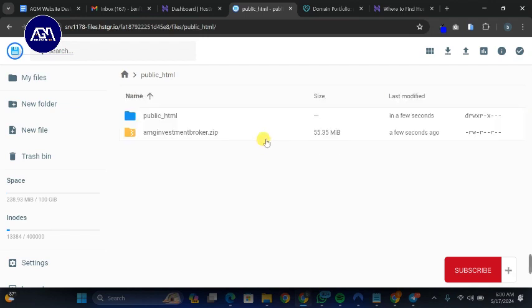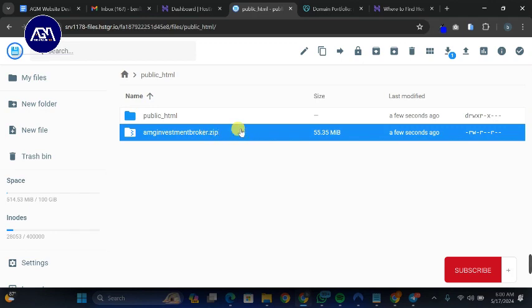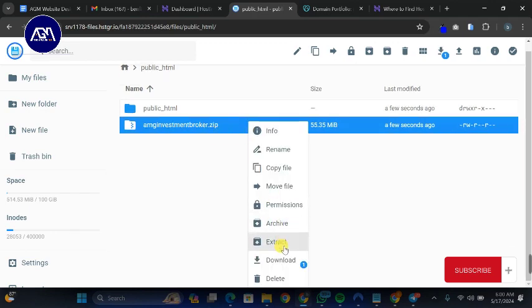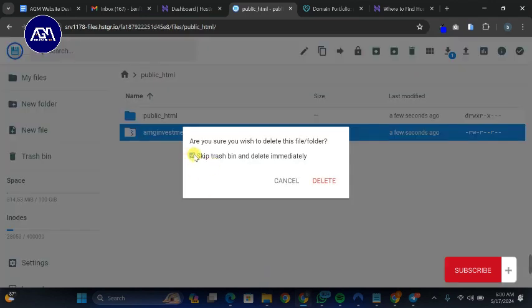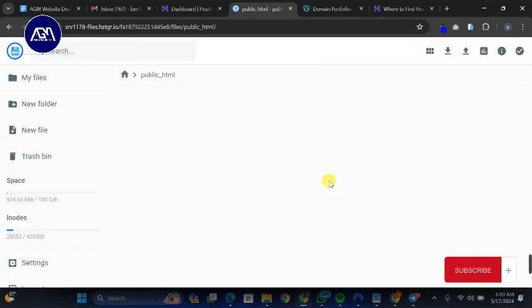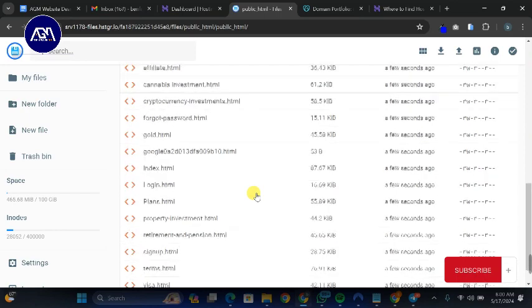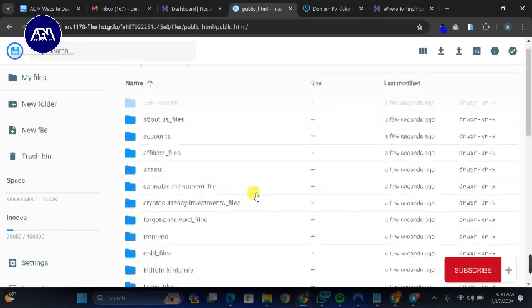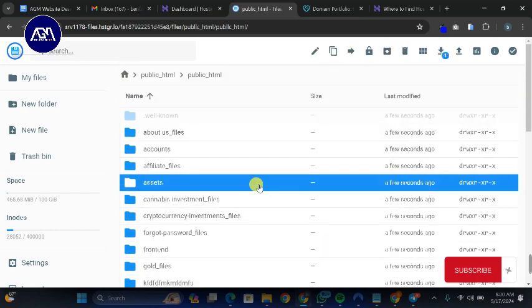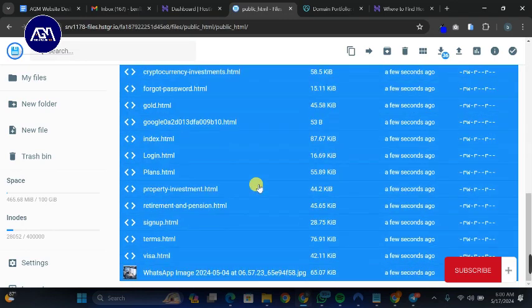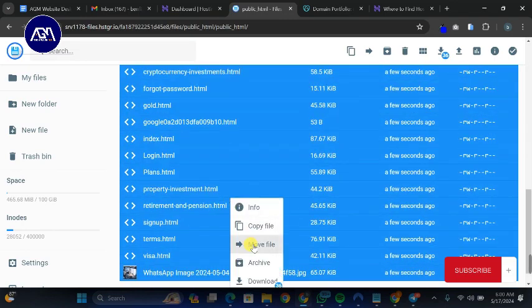All right, so now that we have successfully extracted the file, what you just want to do is click on this particular folder that we just extracted and you want to delete this zip file. So just click on delete and make sure that this is ticked and just click delete. Now, when you're successfully done with this, what you want to do is go into the folder, then select all the files that are here. So all you can do is just press Ctrl A